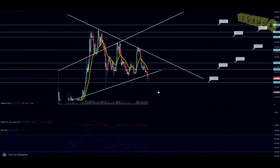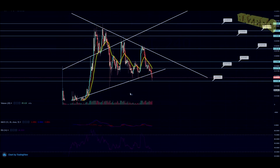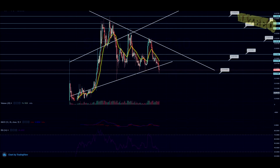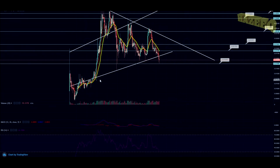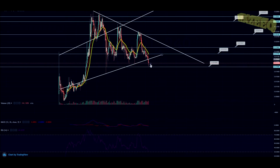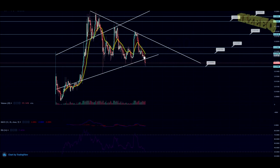So jumping into SparkPoint on the 4-hourly. Now we did have a good resistance line over here and a good support line. So this was a resistance over here quite early when this was added to KuCoin. Then we did bounce off here once. So let's say this was 1 touch, 2, 3, and now 4. And we did break down from it. So that was bearish. Now we are in a downtrend, and we did bottom out here at this level, at